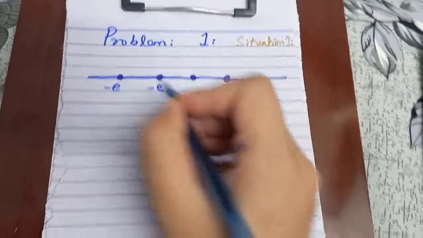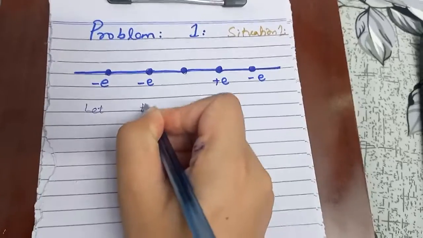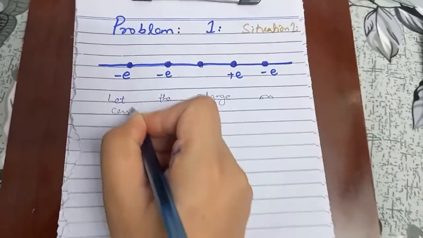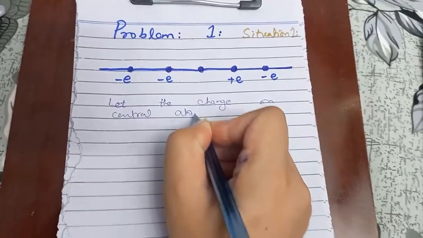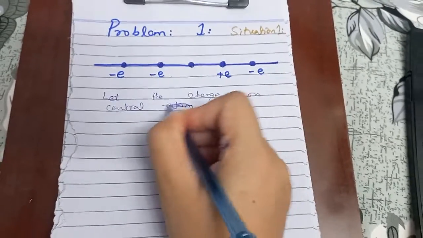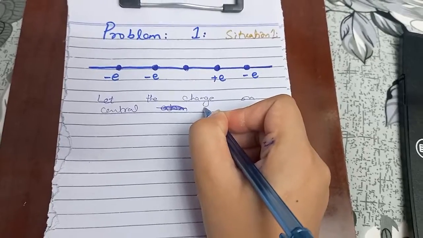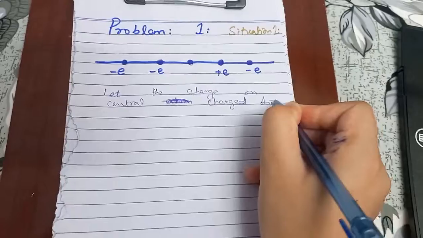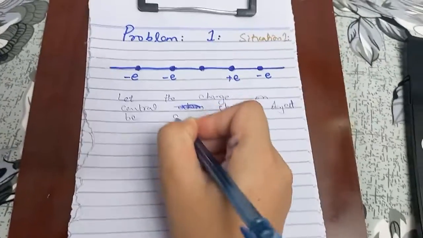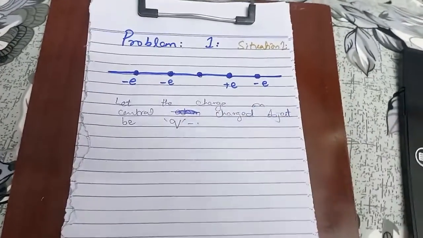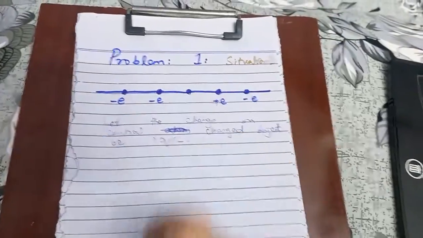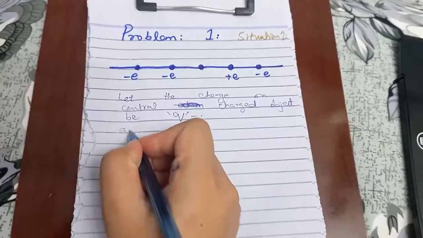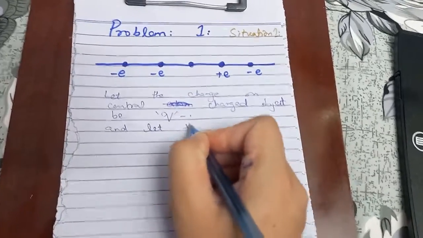Let the charge on the central charged object be q. Okay, so let the charge on the central object be q, and let the distance between